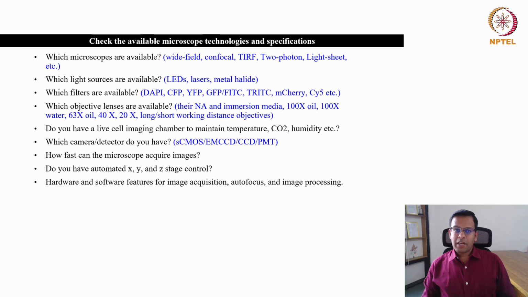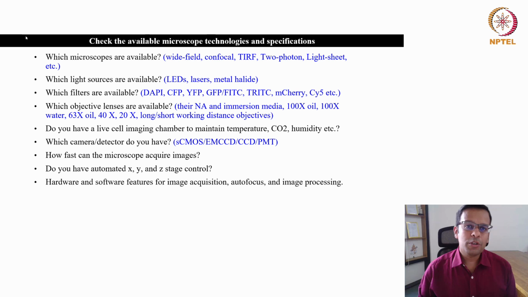But it is possible that that microscope is not available in your facility. So now how will you deal with it? There are always some alternative options. If you do not have the best available technology in your facility, there are ways to use other kinds of microscopes, at least to address your biological question.